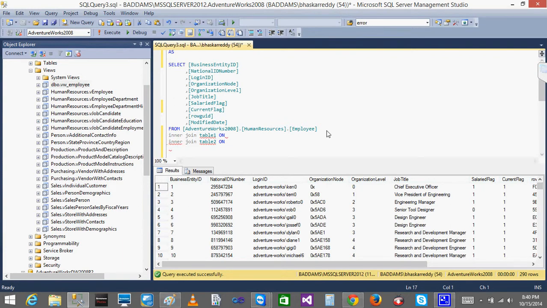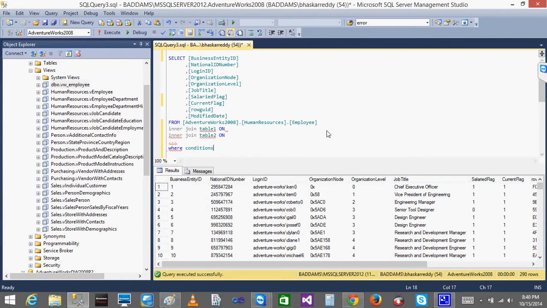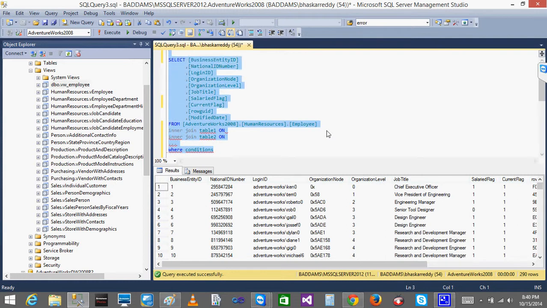On condition like that, you have a couple of conditions, and then you will have some where conditions also. In this scenario, if you have a query which has multiple joins and some where conditions, and if you want to run this query every day, here, as I said, you can't store this query directly on the server.